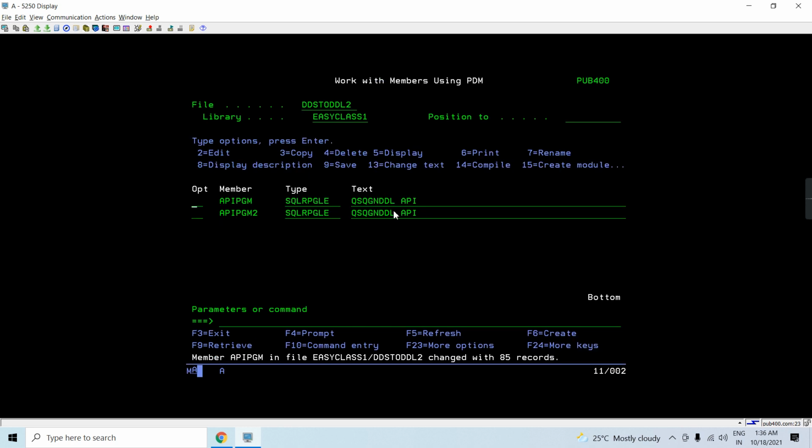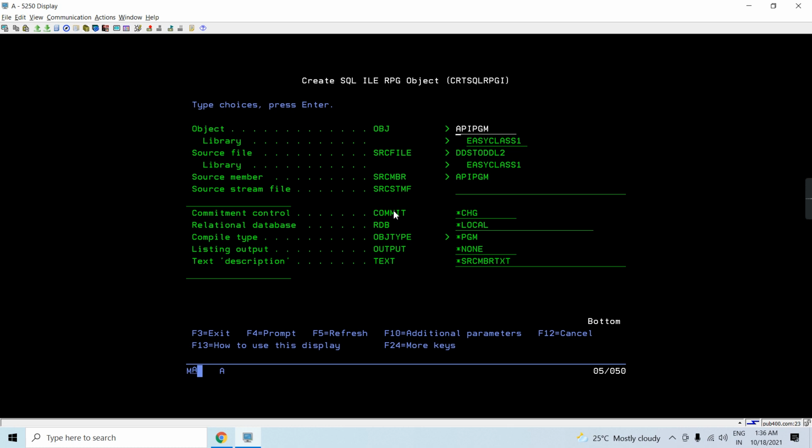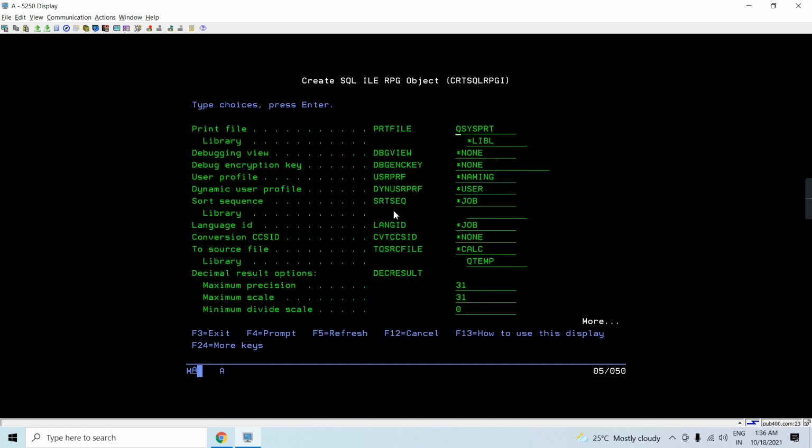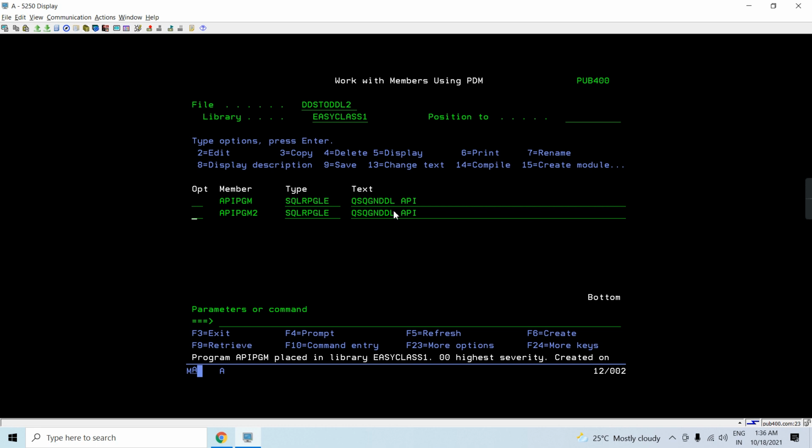So let's save this, just compile this. So you can see this API PGM is compiled and the object is now created successfully.